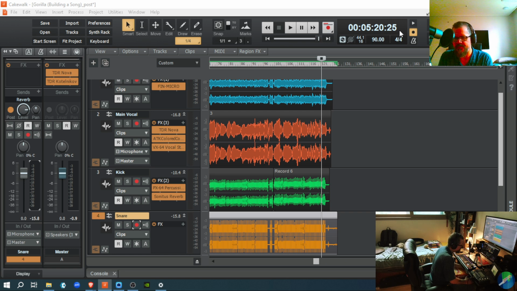I want there to be a little bit of drag back and forth, and I want it to have a gorilla-y feel, kind of a lumbering feel. If I really wanted to be a stickler, I would have muted the guitar and the main vocal and just tracked the snare to the